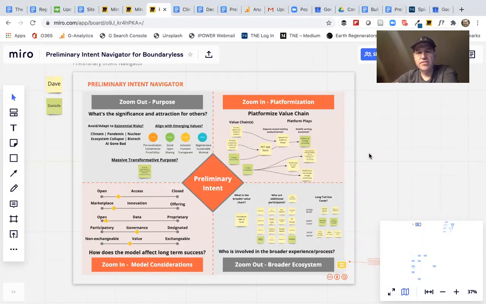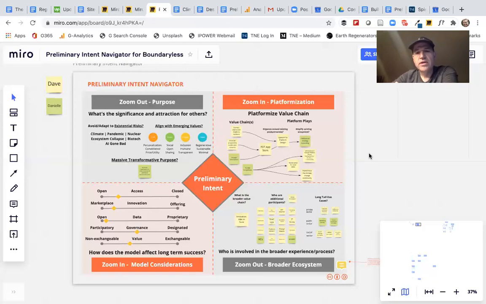In terms of the things that we're interested in, and this tool represents one of those areas, is this zooming in and out around the intention that a group has as they are working on platforms and ecosystems. In our experience, the tendency for many groups is to very quickly focus on how to transform a value chain through platform thinking.